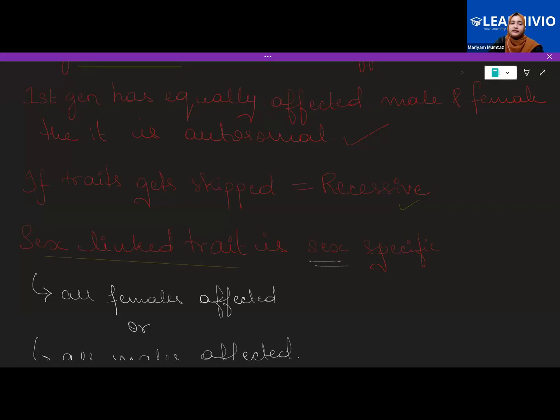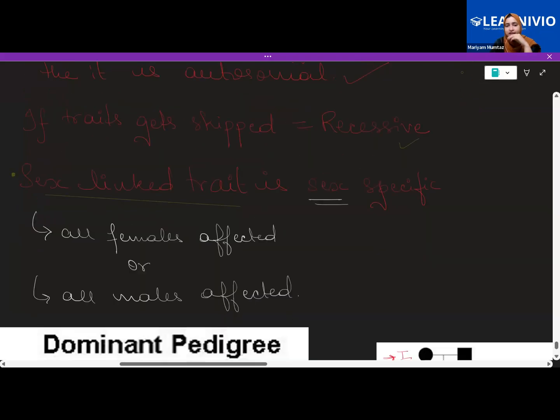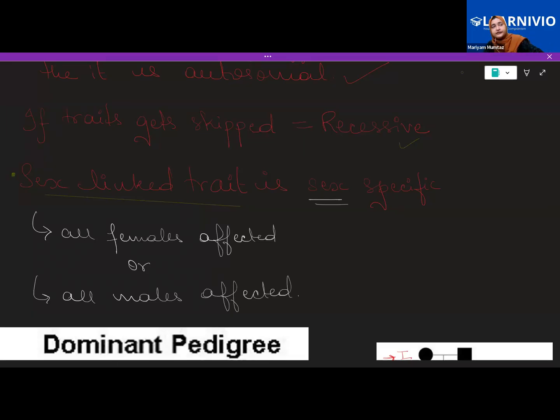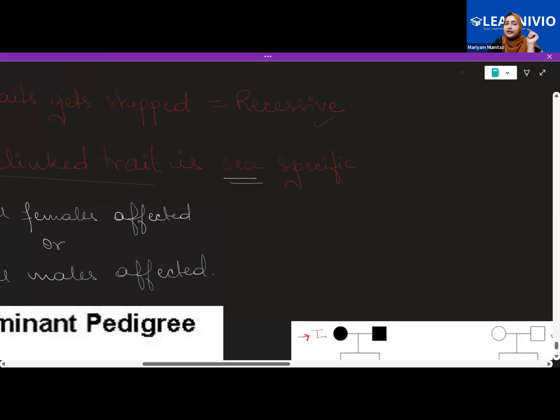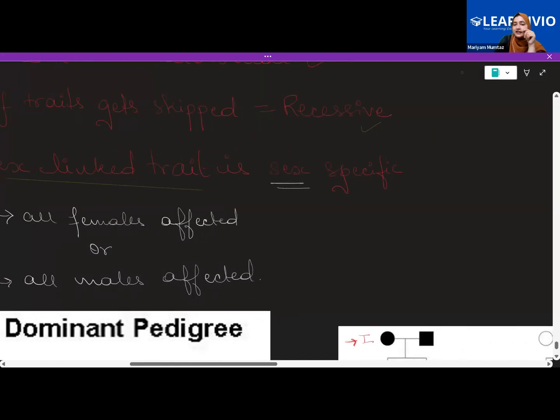Now, if you want to see whether it is sex linked or autosomal: if in the pedigree analysis you see that in the offspring all the females are affected and not the males, then that is X-linked. If none of the females are affected but all the males are affected, then that is also X-linked. Another way to tell whether it is sex linked is if the trait is being transmitted, like I'll write it, or